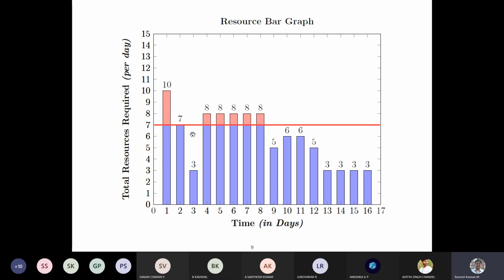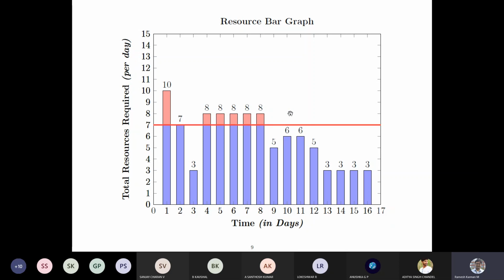So which means that for the first day you have exceeded the limit by 3 resources, and in the second day it's fine, you are at par with the maximum resources, and in the third day you are allocated lesser, whereas the capability is 7 but you have only 3, which means a 4 resources shortage. So the red color represents the over allocation, which is the allocated resources over the maximum permittable limit. So those have to be cut down.